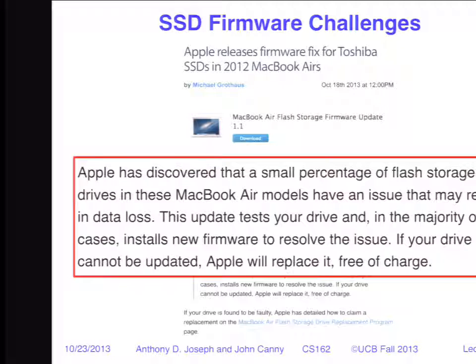Yeah, that's a very good question. So when consumer hard drives first became popular, did you see similar problems? Absolutely. So I can remember some of my earlier